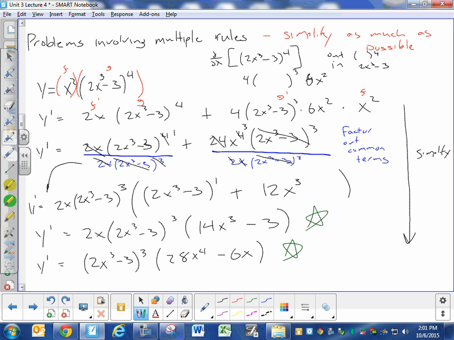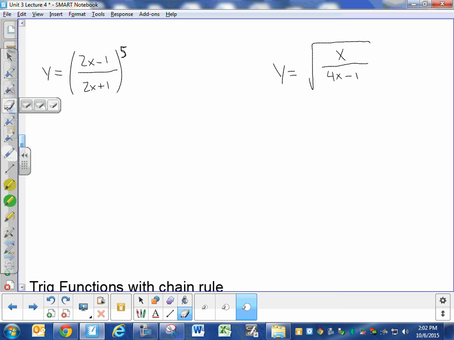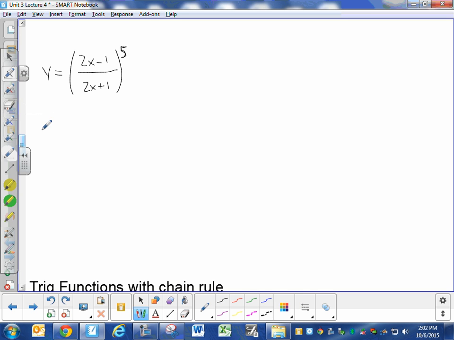The AP test, I've never seen the AP test use trig identities to simplify things. Maybe there's a sine squared plus a cosine squared, which is equal to 1. Maybe they've used that once back in the day, but I haven't seen that. Where they do ask you to simplify are things that are algebraic in nature, polynomials, not trig functions, okay? So prepare yourself for that. You might see something that involves the chain and a quotient rule. I'm not going to do this, but prepare yourself to do